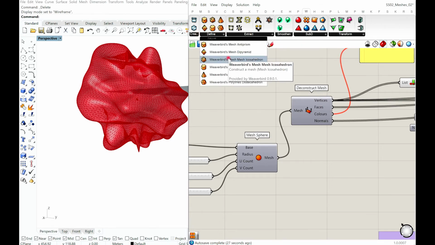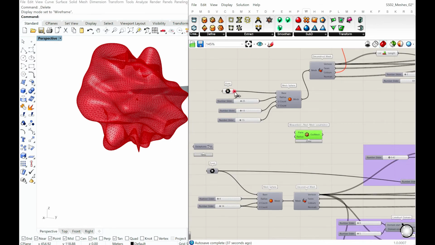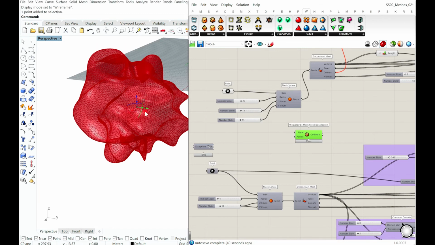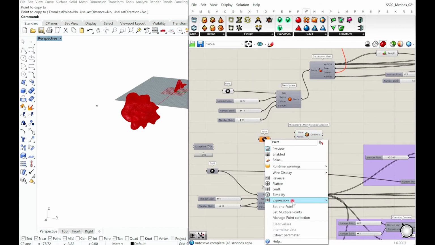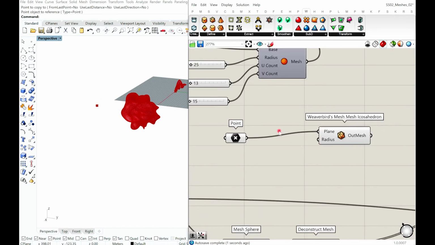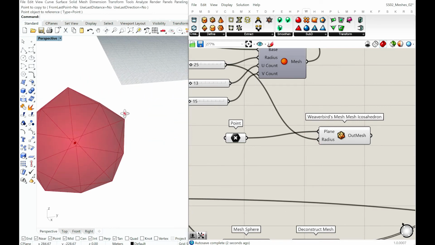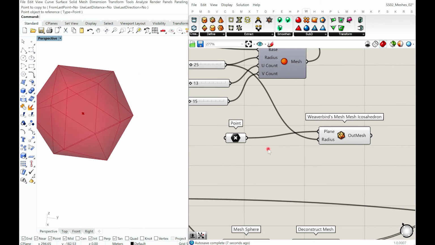For example, an icosahedron, make a point, and define a radius. So you're going to get an icosahedron as a mesh. An icosahedron is a 20-sided polyhedron. It's a platonic solid.